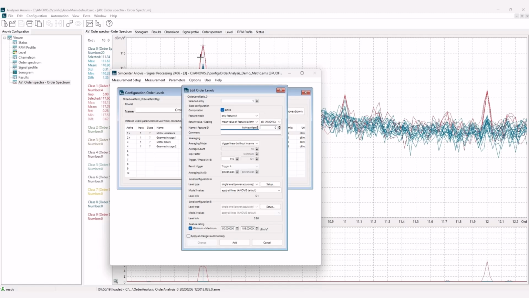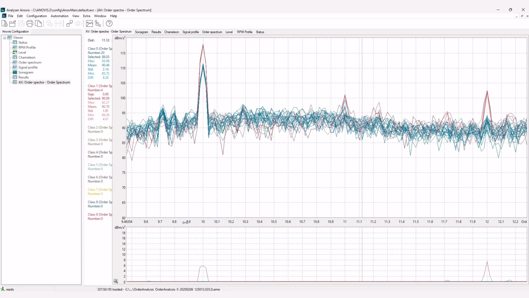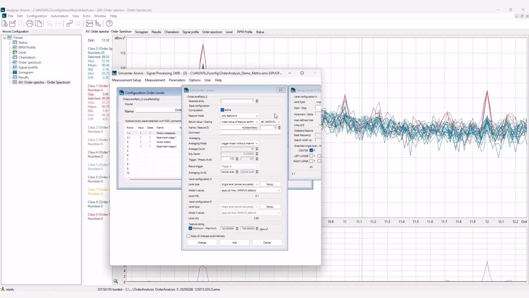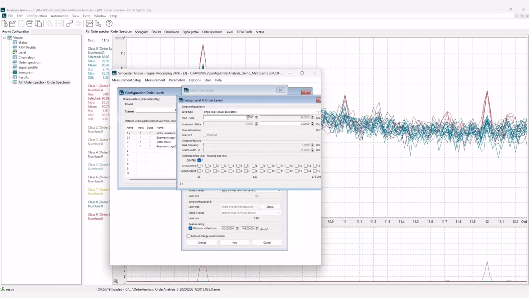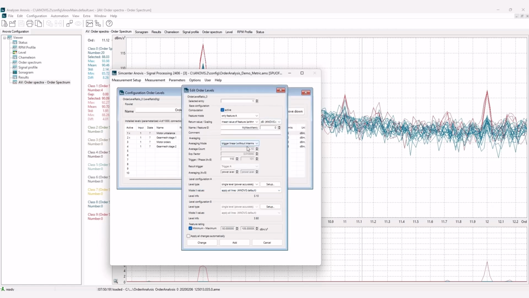In this case, we're only looking at one value, so we will keep the only feature A option. The value that we're going to be looking at is at 10 order here. Then our upper bound that we selected is 114. We're going to set our lower bound to 0. This way, if we do have any unusual data, it will still be registered.